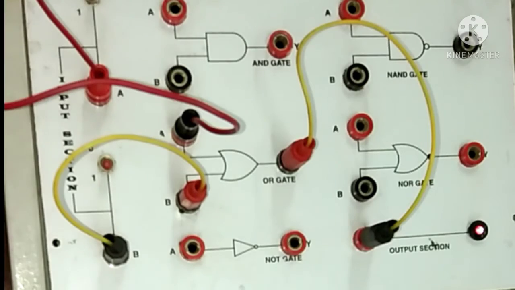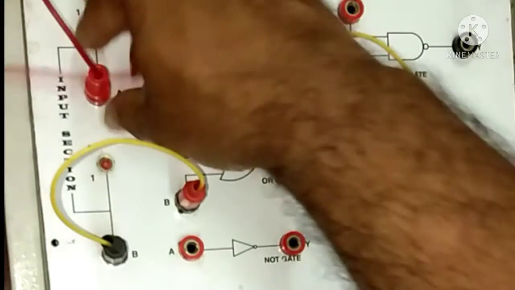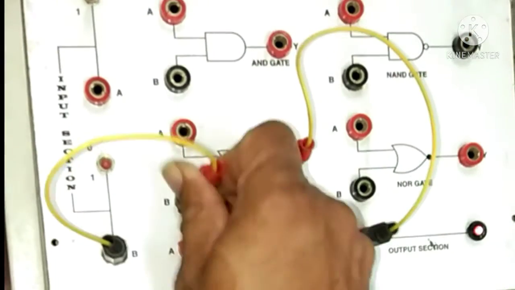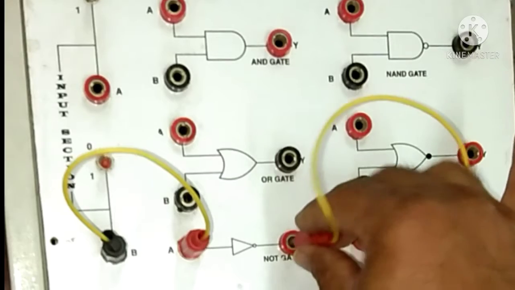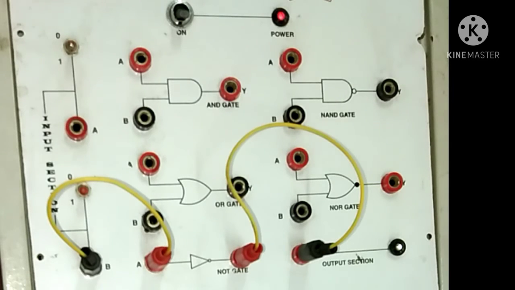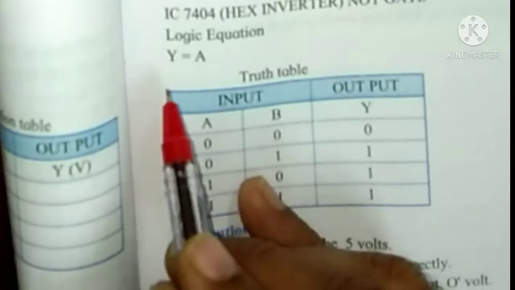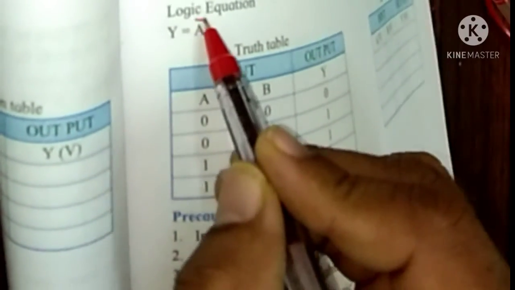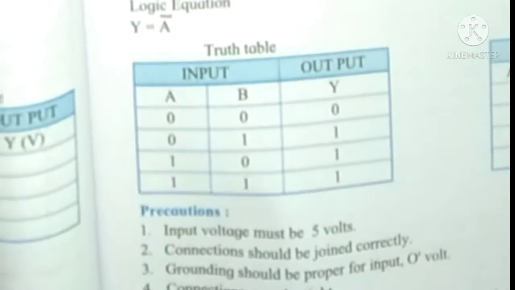Now similarly, now we want to see the NOT gate. You know that for NOT gate, there is only one input and we get one output. NOT is nothing but the negation. Right? We want to see that. Here, see here, for NOT gate, what we get there? Here the Boolean equation of NOT gate is simply Y equals A bar or A negation, right?